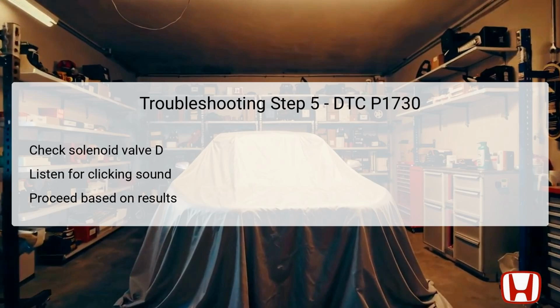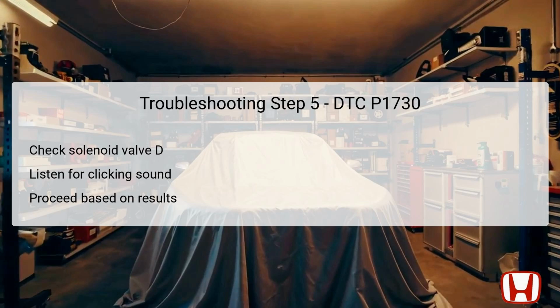The fifth troubleshooting step focuses on testing shift solenoid valve D. This evaluation is performed similarly to the previous solenoids, using the HDS to select solenoid valve D from the miscellaneous test menu. It is vital to listen for a clicking sound, which indicates active operation and proper functionality of solenoid D. If the clicking sound is heard, solenoid D is functioning correctly, and you can progress to the next step